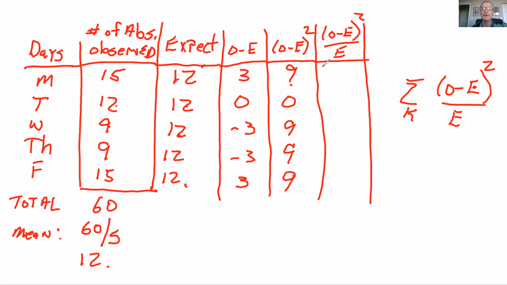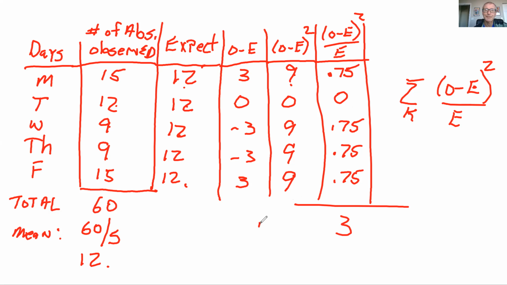And so this would be 9 divided by 12, and that would be 0.75. And here we'd have any number into 0 is still 0. And then you see these all end up being 9 divided by 12, which is 0.75. So the last step, you add this all up and you get 1.5 and 1.5. So our test statistic here